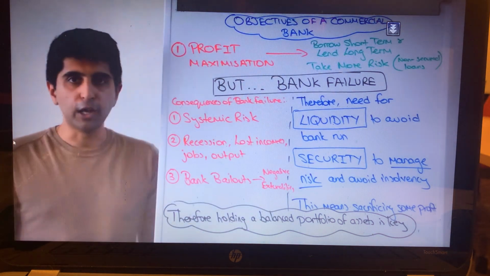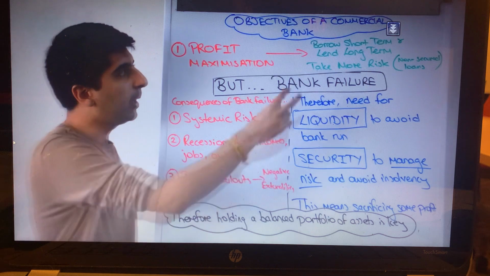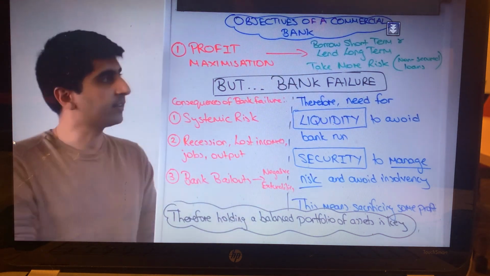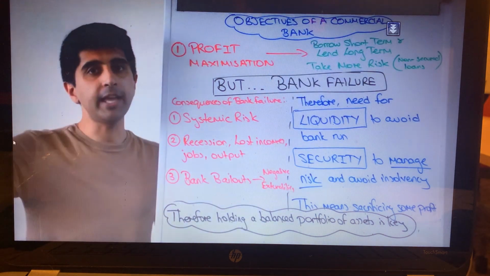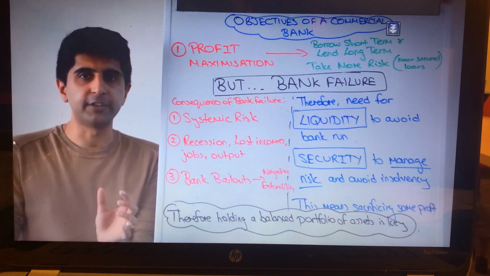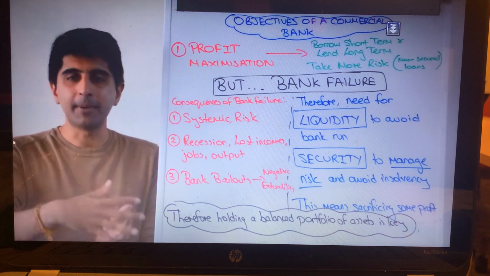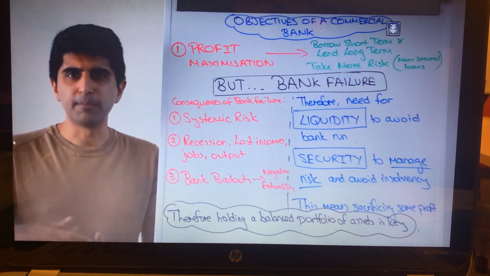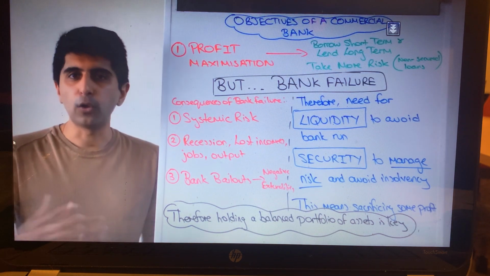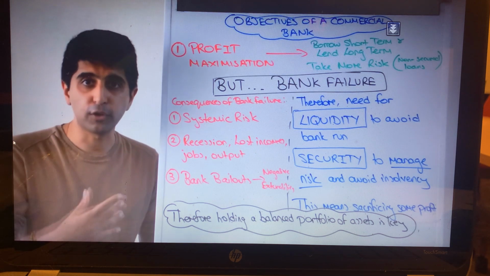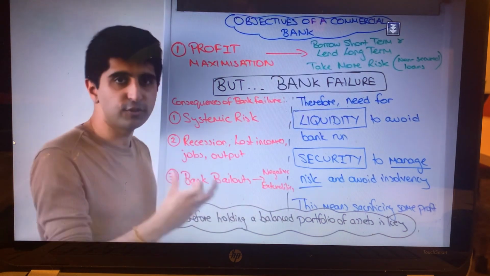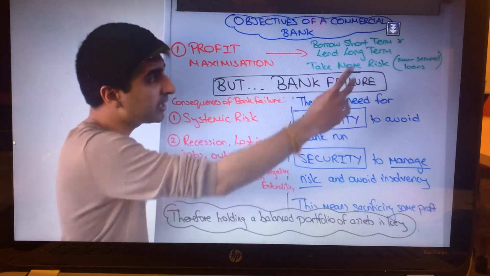How can you make loads of profit? Well, as a commercial bank, borrowing short-term, which is low interest, and lending long-term, which is much higher interest, gives you a great profit margin. Fantastic news. So for example, borrowing money in the money markets and lending in terms of mortgages, longer-term loans, and longer-term investments, all great news to maximize your profit. But also by taking more risk,